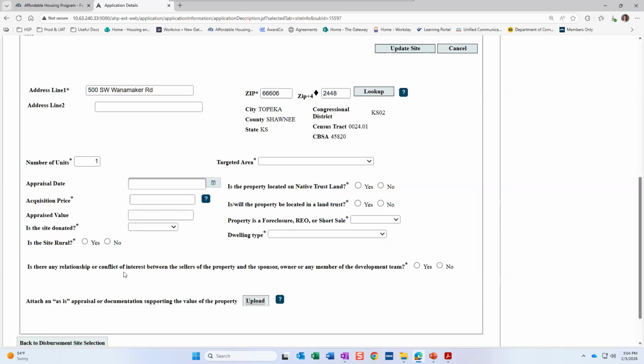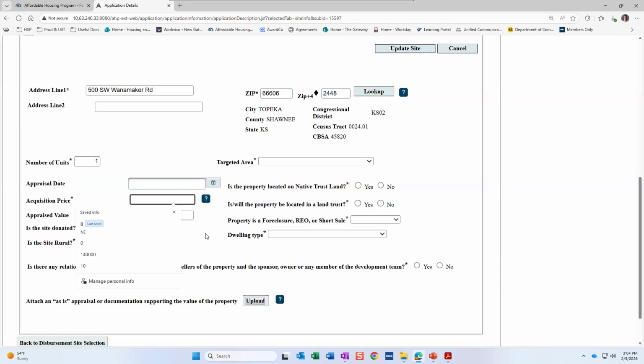So assuming that that's not the case, which again is very uncommon, you can leave the appraisal date, the appraised value, and then this upload box here at the bottom for the appraisal blank. You do not need to put anything in here. There's also some of these nice little tools. So you can see little question marks if you do need additional information, things like that.